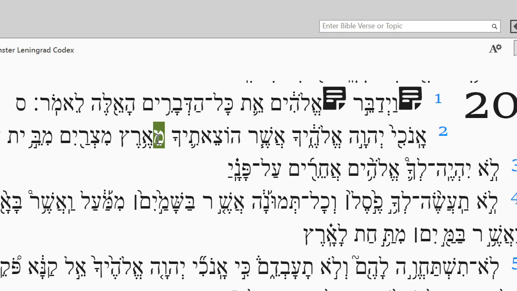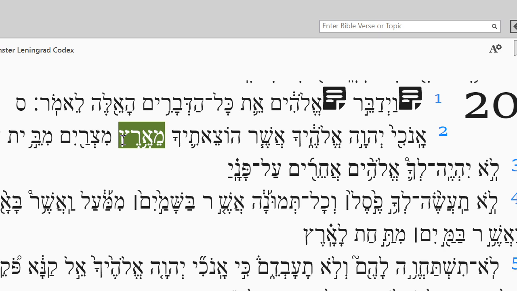Here we have the prefix ma, which means from, being prefixed to the beginning of the word arataza. Now, arataza is usually translated as earth, okay, but it can also be translated as land. In this case, it's being translated as land. And this is identifying a specific land. We're going to show you what land it's identifying. But ma'arataza in Exodus 20:2 is being translated as from the land.